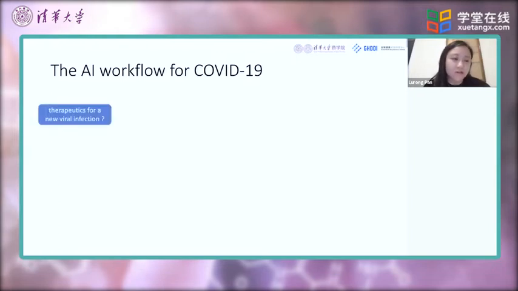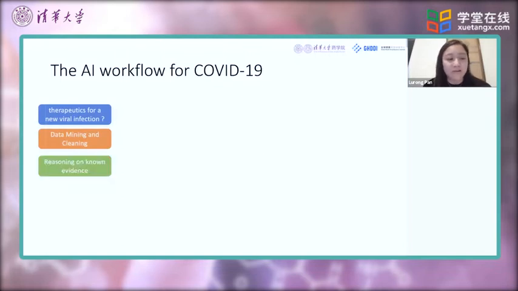First, we query these questions to a system full of data-driven algorithms and a pile of data and literature. Then we perform data mining and cleaning to find relevant evidence, and we reason on that evidence to extract the most important pieces of information and use them to build AI models.